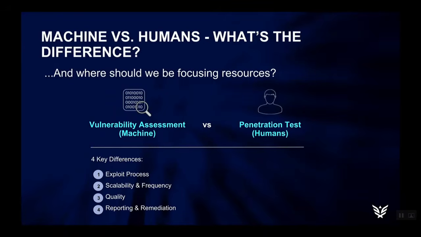So from all my hands-on experience, right, it's safe to say there are 4 key differences between vulnerability assessment and pen testing. First is this discovery process. So how do we actually get into the systems? Is it based on vulnerabilities or basically exercising and gathering information to the particular system? The scalability and frequency of when these processes are actually ran, this is really completely different. The quality of the results, how much information is gathered and how can I sort through the information? And then, of course, the 4th step is how effective are the reporting and remediation that comes from these different